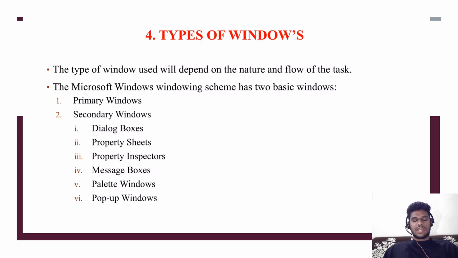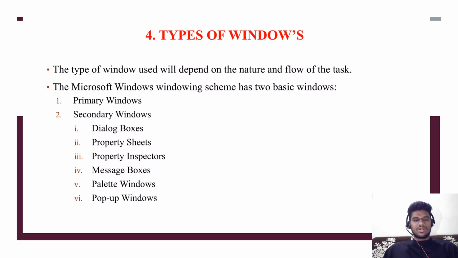Types of windows. As we know, windows are a very vital thing used in user interface design. And while coming to windows, we have types, which are distinguished into two types. Let's understand what the types of window are. The type of window used will depend on the nature and flow of the task. The Microsoft Windows windowing scheme has two basic windows: